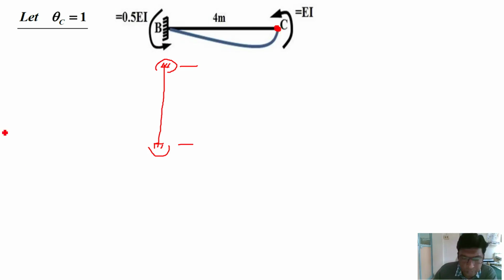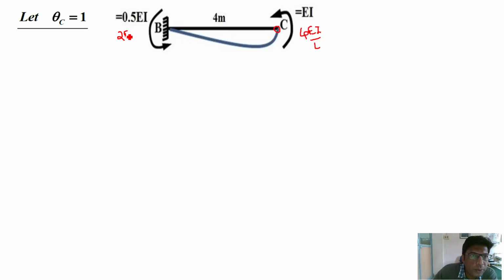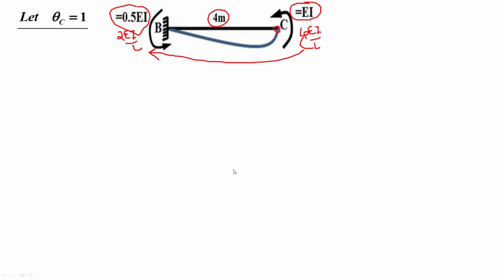Okay, so if you look at the beam now, since we rotated joint C, 4 EI by L moment will be at C and 2 EI by L moment will be at B. Okay, so if you substitute the value of EI, which is constant, and L equal to 4, 4 upon 4, it is again 1 EI at C, and half of that at the other end, that is 2 EI by L, meaning 0.5 EI at B. No need to calculate the reaction because we are not